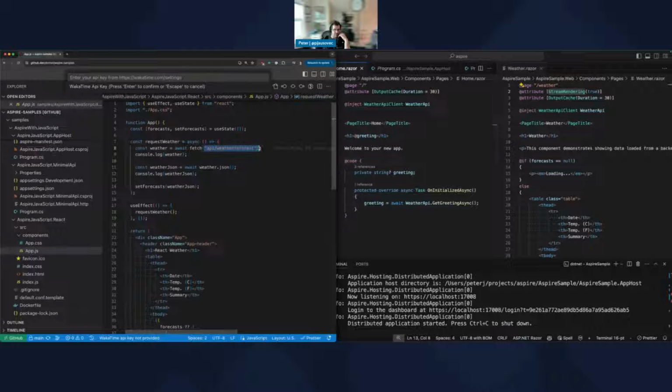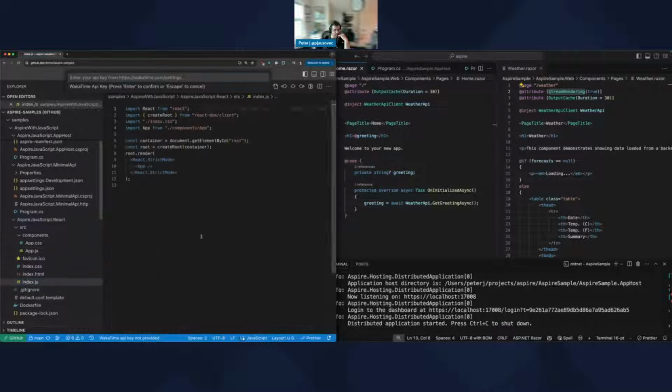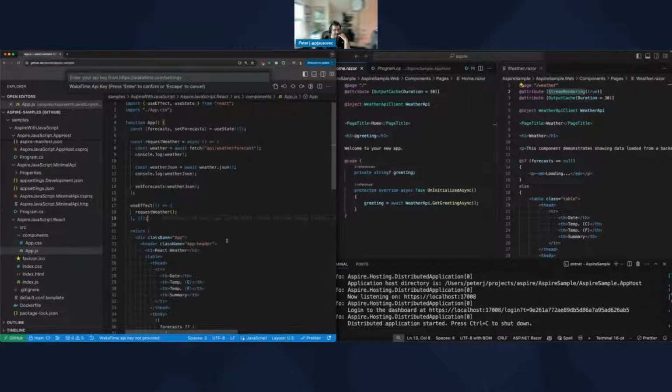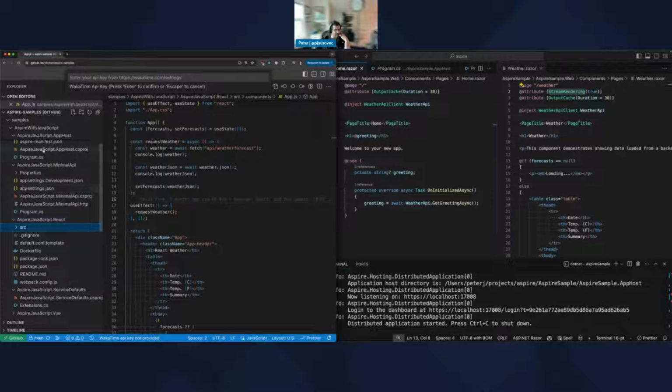So this is a well-known endpoint at this point for any React app. This React app is just a typical normal React app, calling this API weather forecast, expecting it to be there when it makes the call, and then weather forecasting is